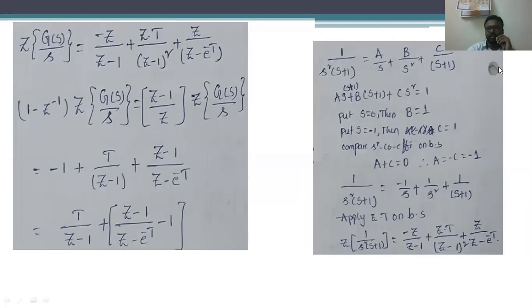This expression is A into s plus 1 plus B into s plus 1 plus C into s square is equal to 1. In order to obtain the values of A, B, C, we just need to substitute values of s. In order to obtain the value of C, we have to substitute the value of s